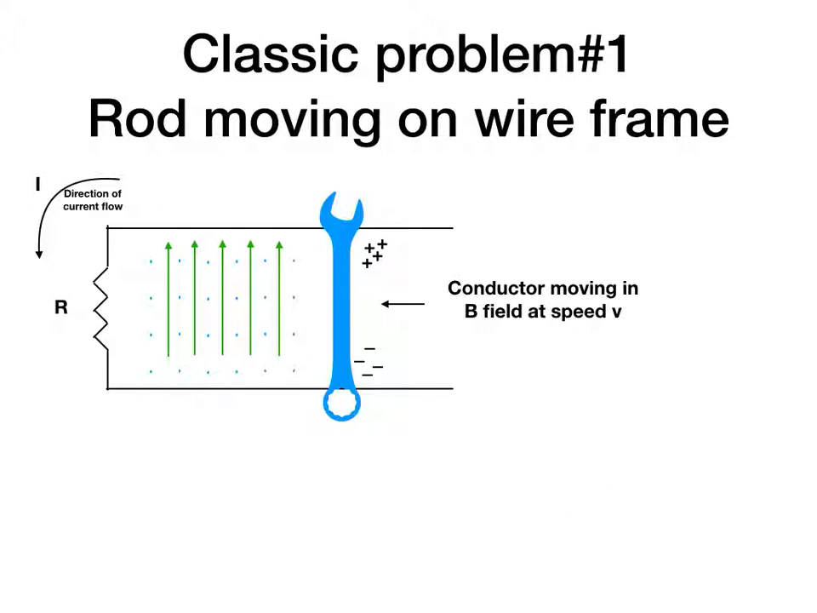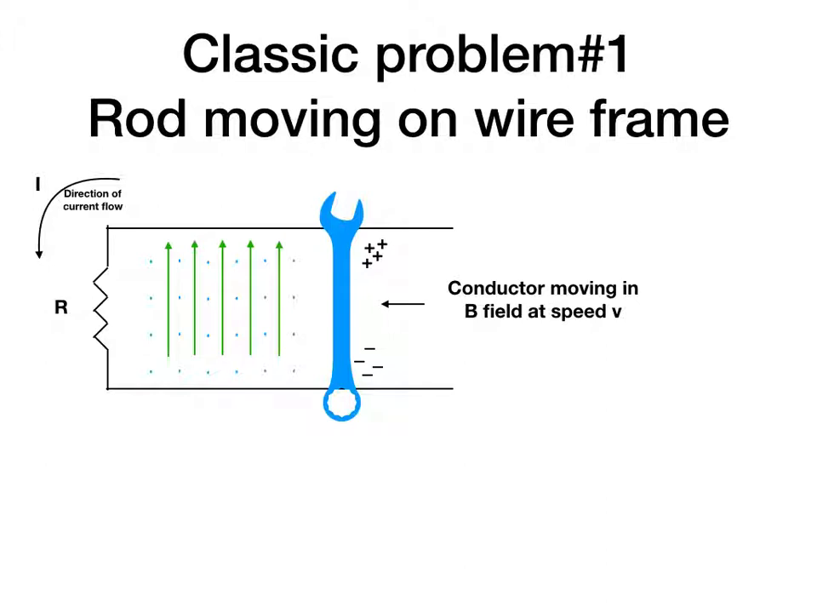So when the rod moves, it sees an electrical field shown here by the green lines. Charges start building up. They're pushed by the electrical field. Positive charges are pushed upwards and the negative charges are pushed down. You start having a current in the circuit, and suppose the resistivity of the circuit is R, we know that